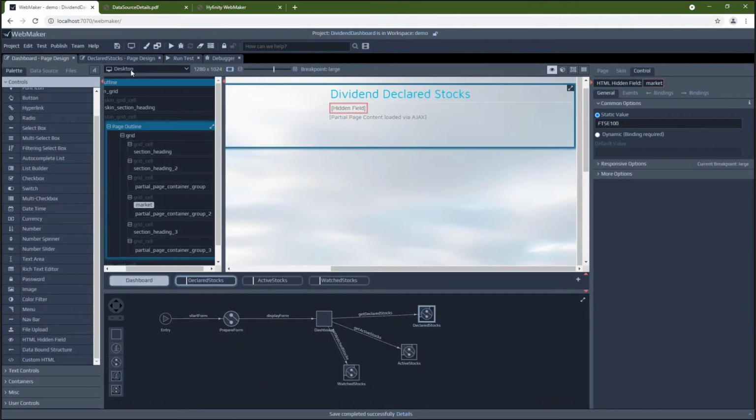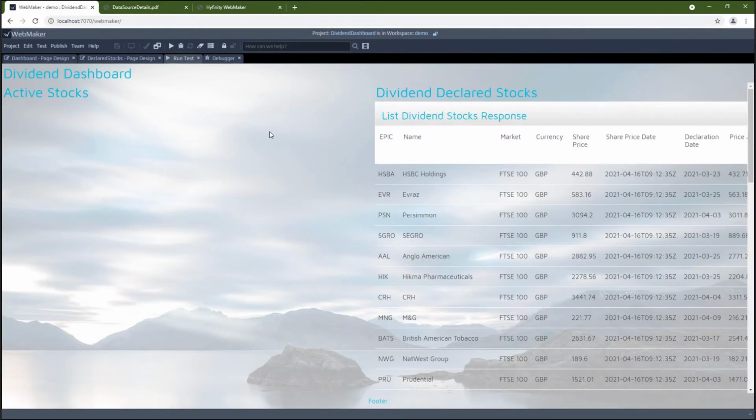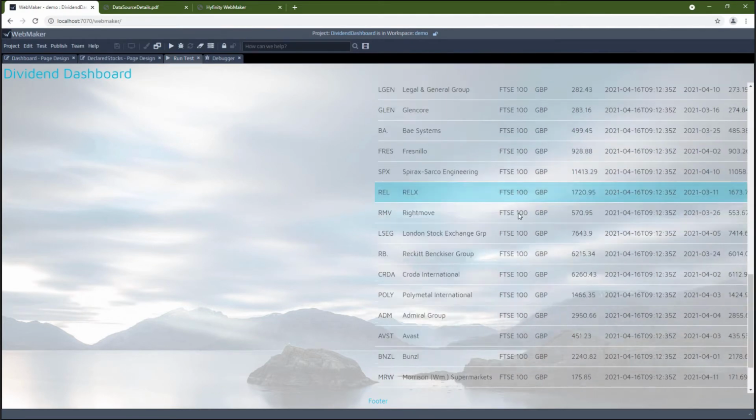Okay, so I've saved my changes by pulling that in from that data source tab. WebMaker has been able to generate me all the rules that I need to make that service call and get some information back. So at this point, I can run my application again and see what happens. Okay, so great. We can see on the right-hand side of my page in my declared stocks section, I've now got a whole table of information